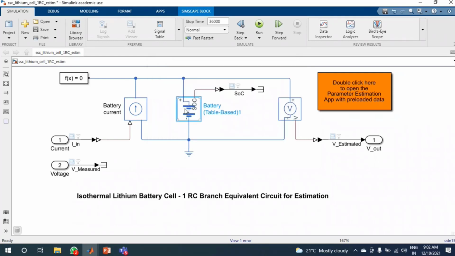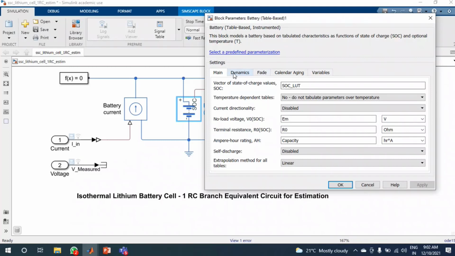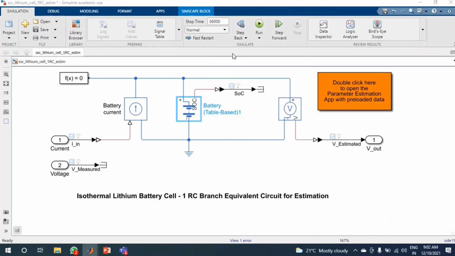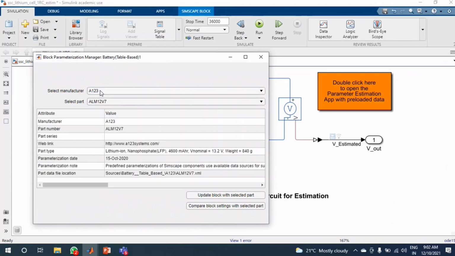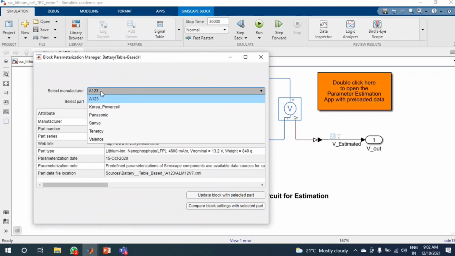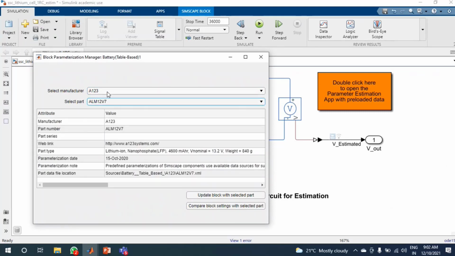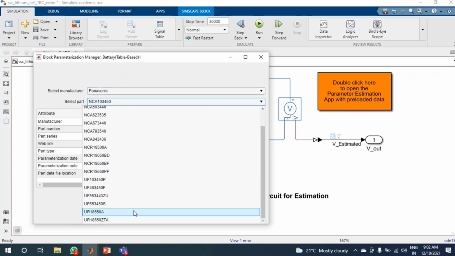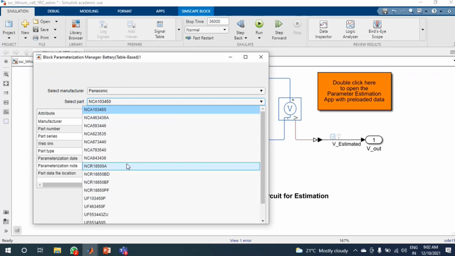it's a current source and you can choose the type of the battery that you want to use. So you can select the predefined parameters, and you can see the manufacturer and its part. For example, if I choose Panasonic, I have these many different kinds of batteries that they are mentioning. This is predefined and already there inside MATLAB.